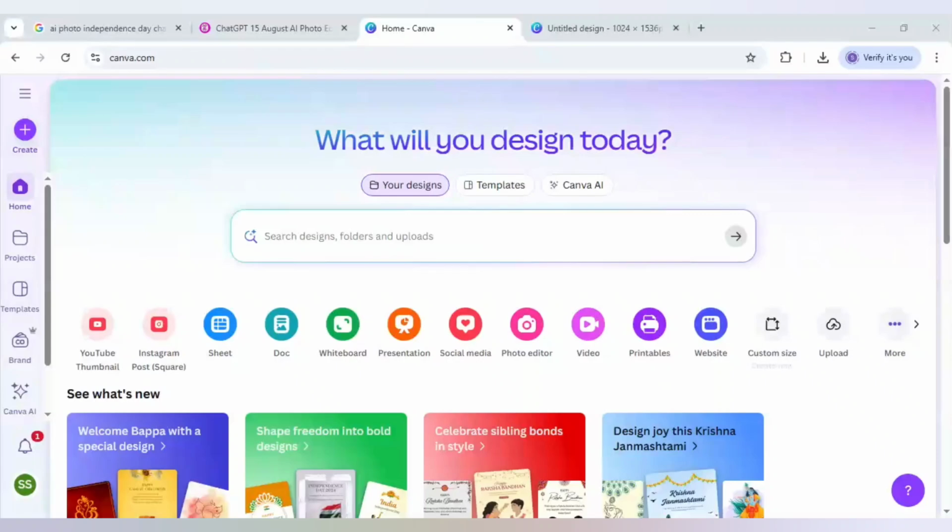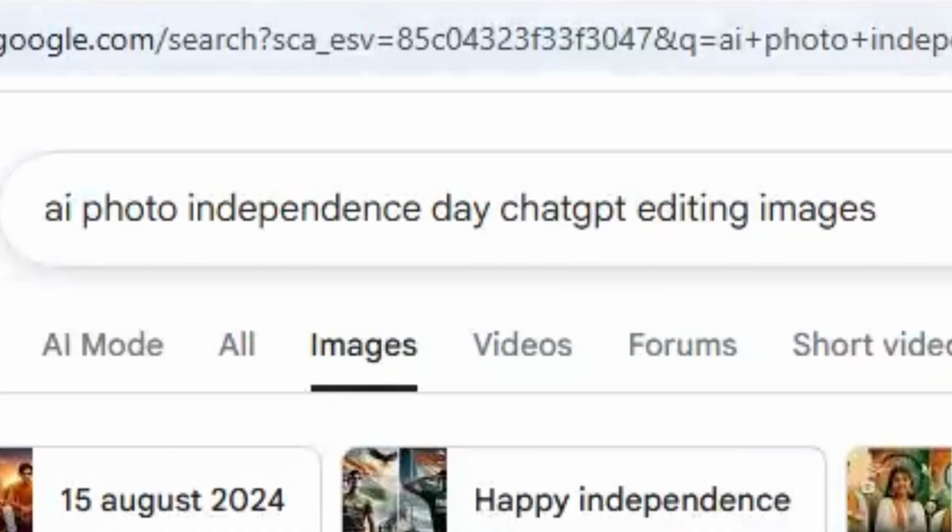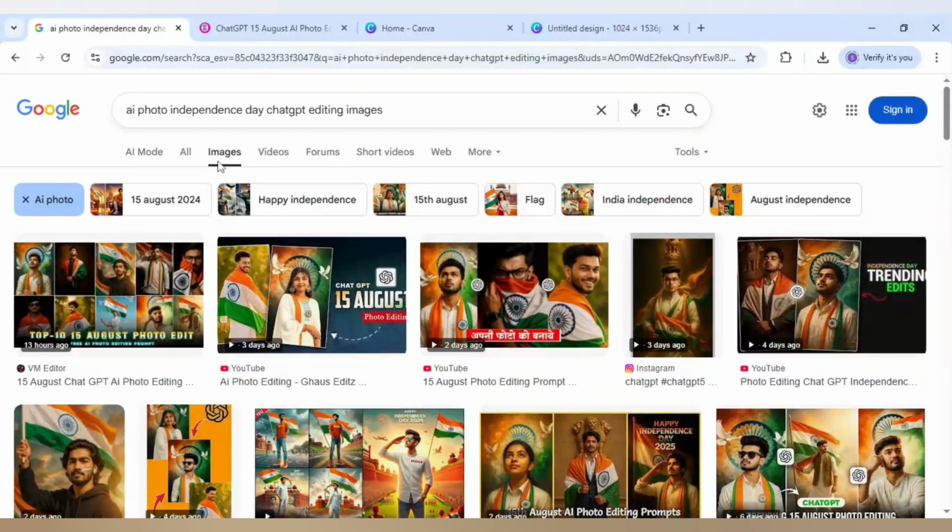Today I will share how to make this Independence Day trending photo editing in Canva. So to do that, I will show the easiest way. You have to come to Google here and search this one, AI Photo Independence Day ChatGPT editing images. Make sure you search the same thing here, okay, and just come to images here and search for